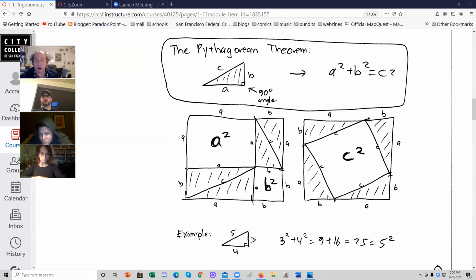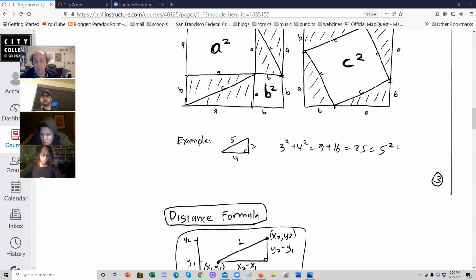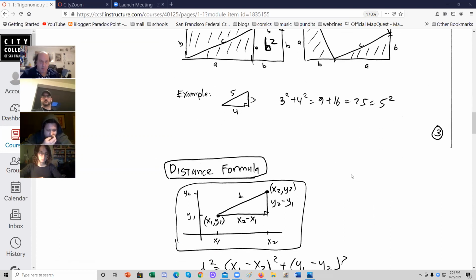Therefore, the remaining areas must be the same. Therefore, a squared plus b squared is an area equal to this area, c squared. One classic example is the 3, 4, 5 triangle. 3 squared plus 4 squared is 9 plus 16 is 25, and that's 5 squared. 3, 4, 5 triangle. Now, okay, we can immediately use the Pythagorean theorem to talk about the distances between 2